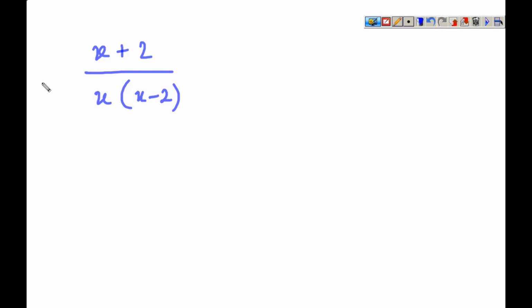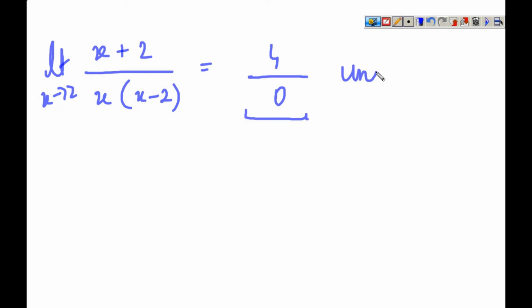So let me rewrite this. We were getting x plus 2 by x times x minus 2, and we have to find the limit as x approaches 2, right? So just substituting the value in as 2, we are getting 4 in the numerator and 0 in the denominator. So since we can no longer expand this function again, this is the end, this is how far we can go. So the limit is 4 by 0. That means this does not exist, it is undefined,